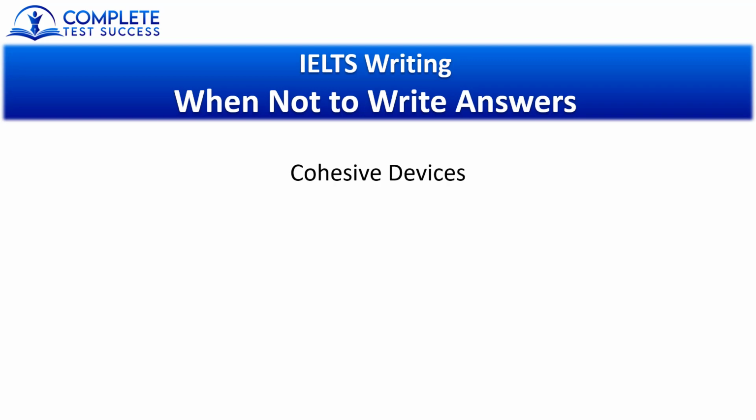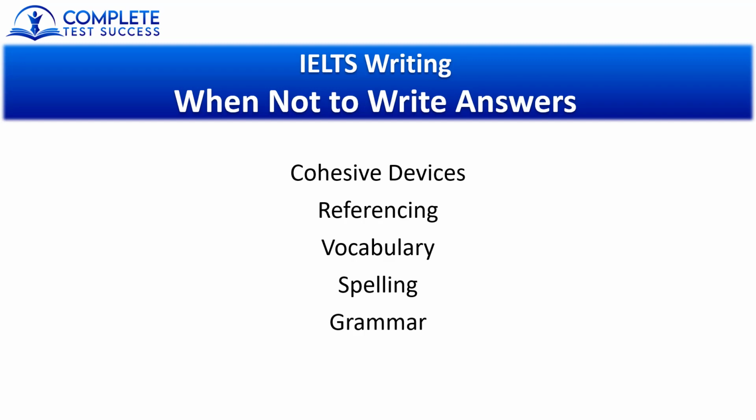Firstly, you're not going to improve your knowledge and ability of using cohesive devices. You're not going to improve your ability to reference with accuracy. You're not going to improve your vocabulary. You're not going to improve your spelling. And you're not going to improve your grammar. So in short, if you have some issue related to your language ability, writing essays is not going to help